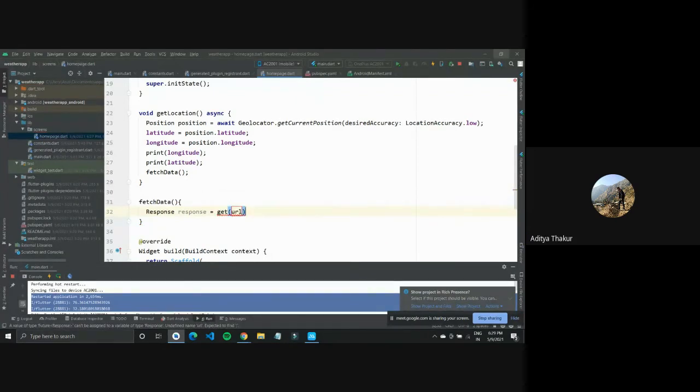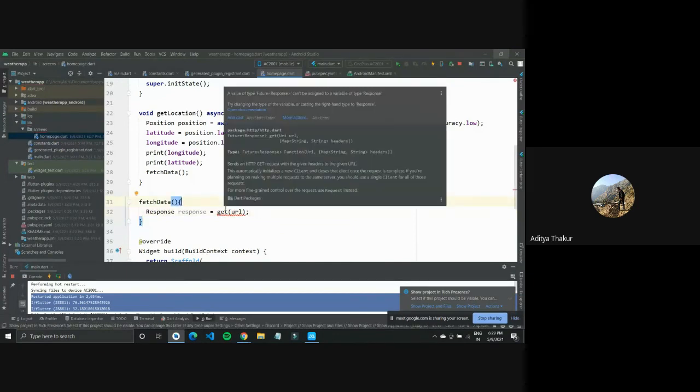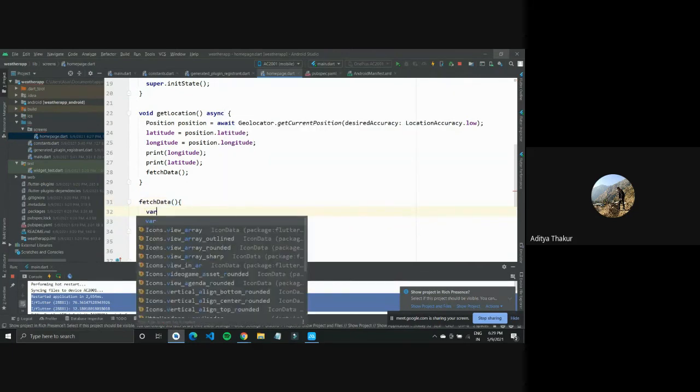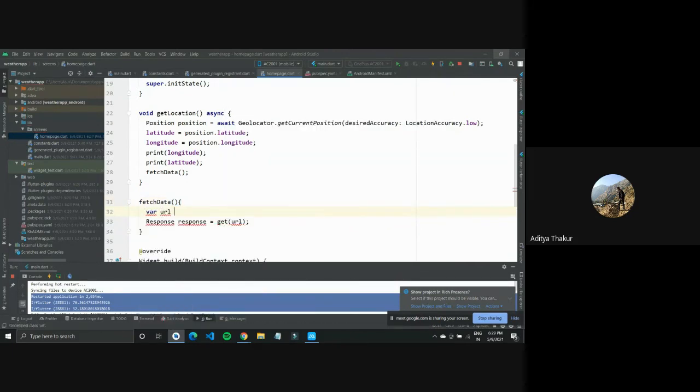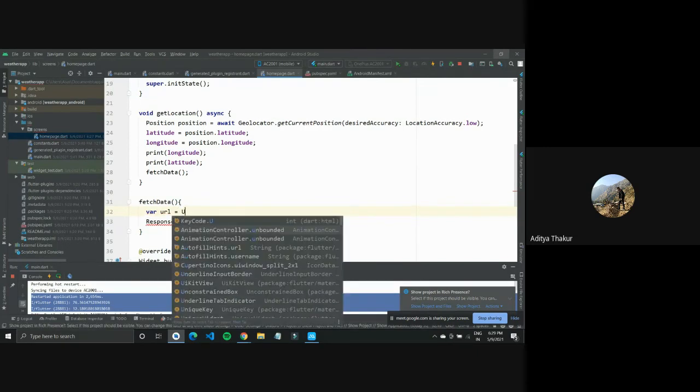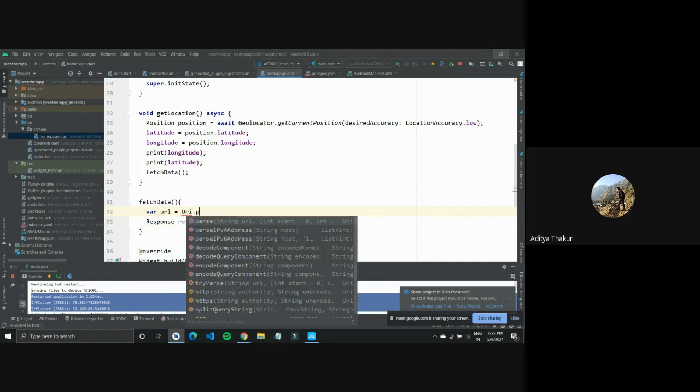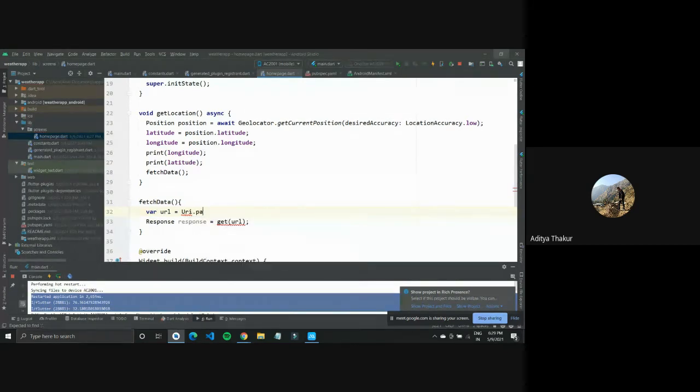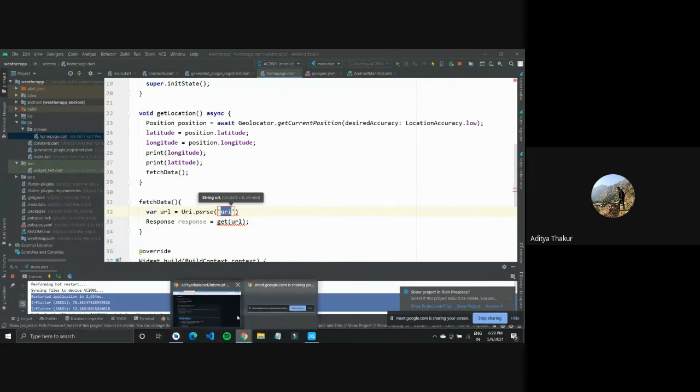So URL is what we would be using to make the API call. So I'll just define a variable called URL equal to Uri.parse, and here I can give it the URL that I would be using.